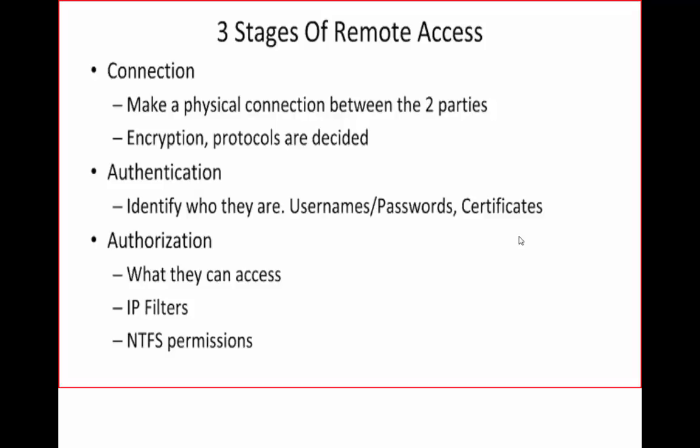Okay, let's talk about that. It's coming: authorization. So three stages. Connectivity. During that, you say, hey, what's your encryption? I'm company A, I'm company B. And the second thing is, what protocols are you applying there? Then authentication. I'm going to send you the certificate, and you're going to send me your certificate, so our users can connect to you, and your users can connect to us. And then there's authorization, what they can access. Hey, you can just access our operations going on in a specific city, and not all other cities. You cannot have access to that.